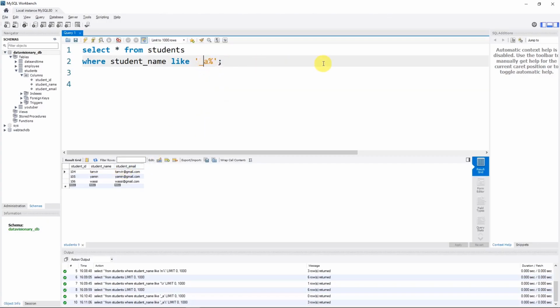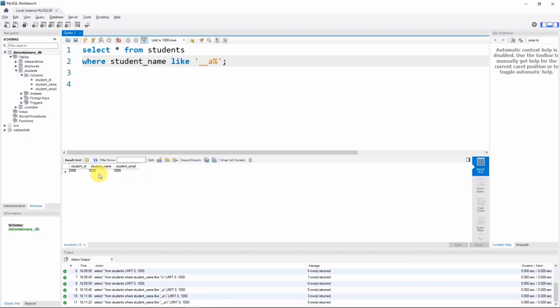Okay, and let's say I want to say here double character. I mean double, here you can see underscore, first underscore and the second one. So what will happen? Let's execute it, and here you can see nothing, because the third character containing A, and